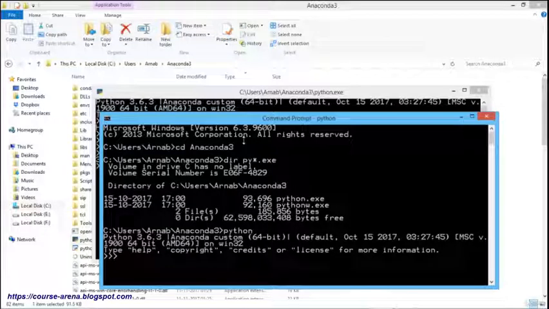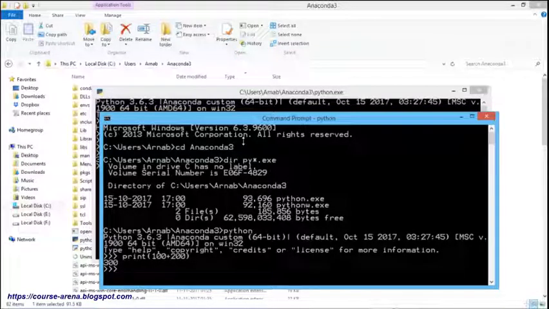Typing Python in the command line will invoke the interpreter in the immediate mode, and you can directly type Python expressions and press enter to get the required output. The Python prompt tells us that the interpreter is ready for our input. So let me type some code here. I'm going for print 100 plus 200. You can easily see it is calculating and giving me the outcome. So this is our immediate mode.